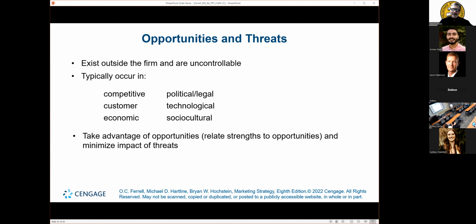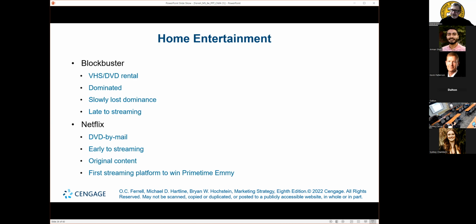So let me give you a great example. For those of you who can remember, Blockbuster used to be a way of life. Every Friday, usually at 5 o'clock, there would be lines in front of the Blockbuster, I swear to you, running out, getting this week's DVD or the VHS tape. Blockbusters were more than just merely places to rent DVDs. They were places where you could buy candy and popcorn. They usually had the latest premieres running at the same time.